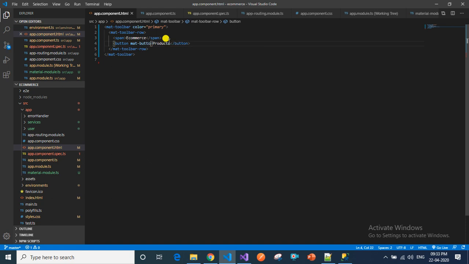I am using mat button here as I have already imported all these in material module. I don't want to import again, so I will use categories and then login like this.